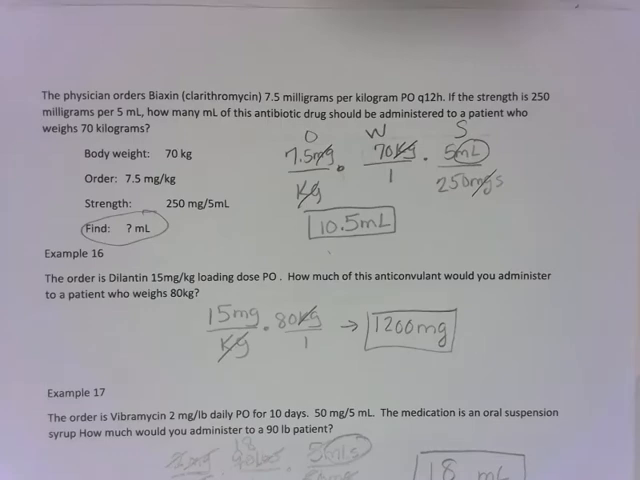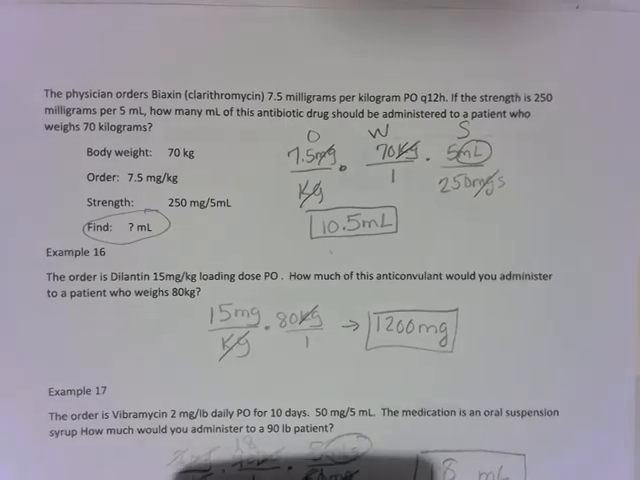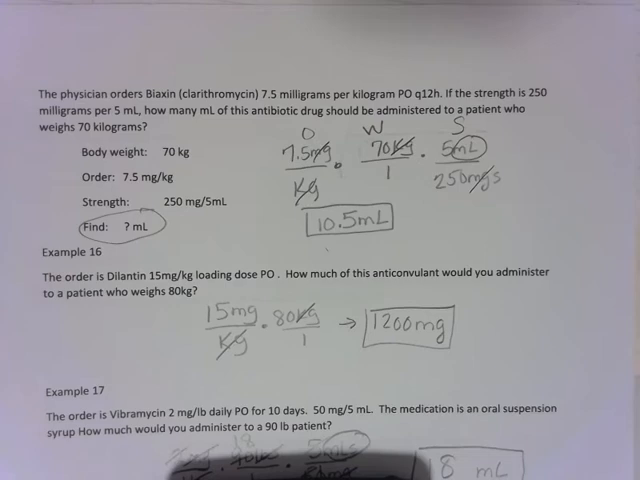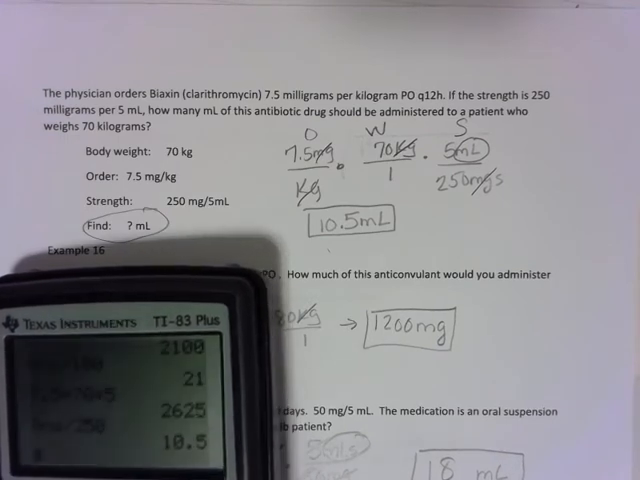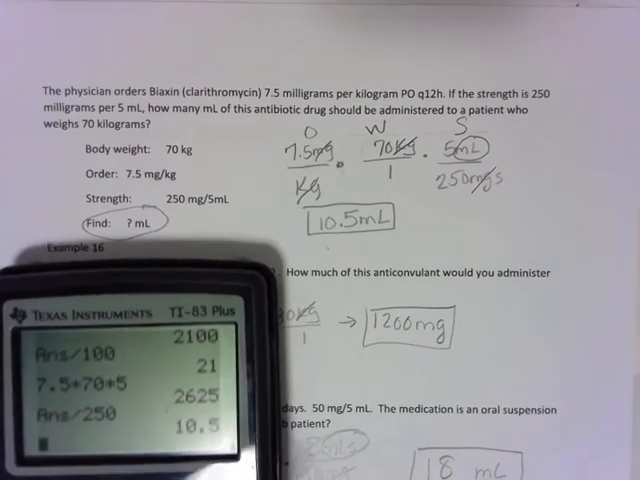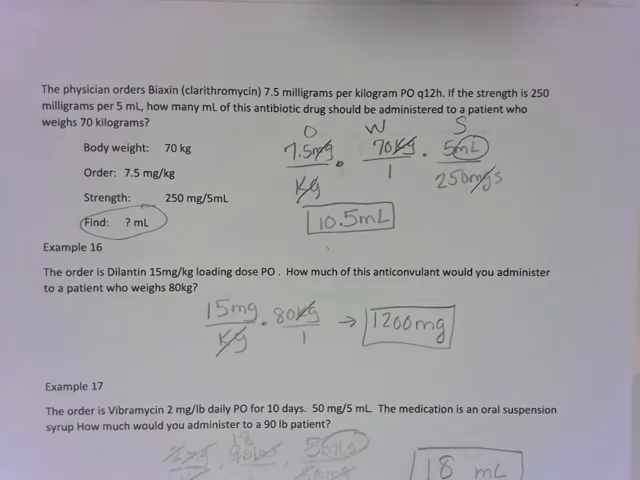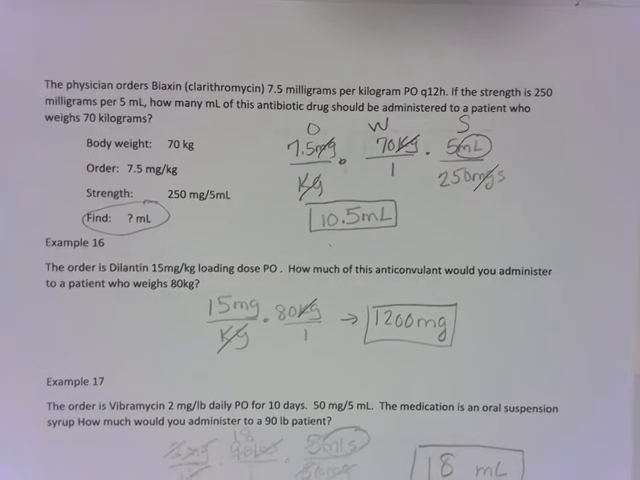So for question 15, we found the answer by taking 7 5/10 times 70 times 5, dividing that by our 250, and we get 10.5, which is our answer in mLs. In example 16,